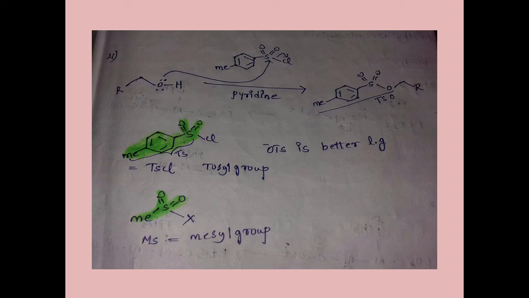For that, what I have used is called the tosyl group. The tosyl group, OTs minus, is a better leaving group as compared to OH. OH can never act as a leaving group. So this O will attack at the S and chlorine will be removed. Now we have this TS group, and OTs can be removed as a better leaving group, right? The nucleophile can attack here, and we can get R and Nu.